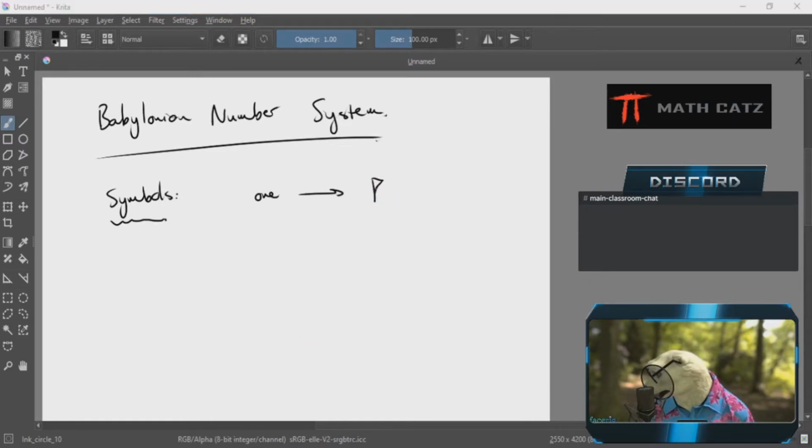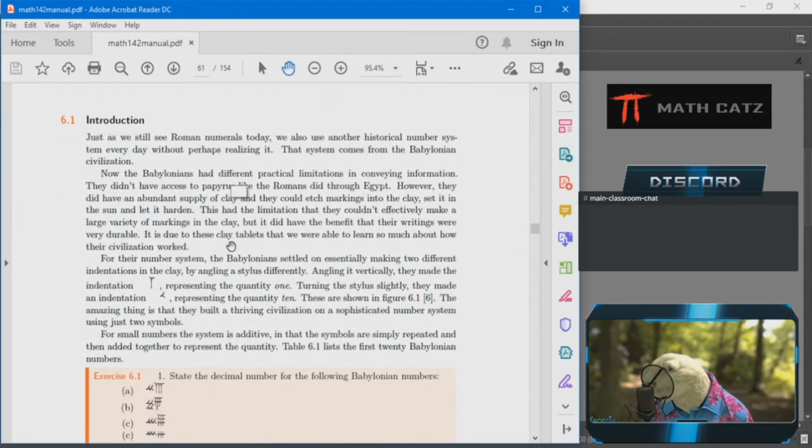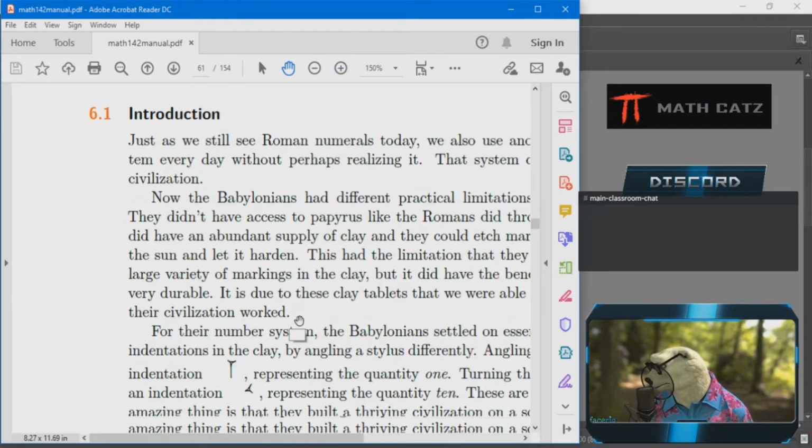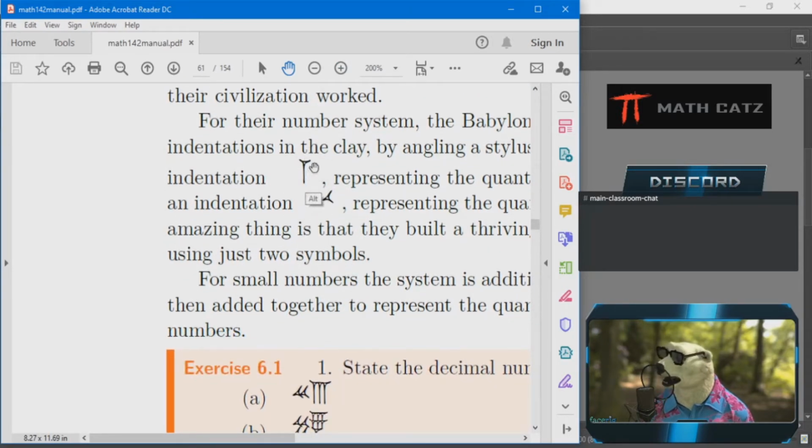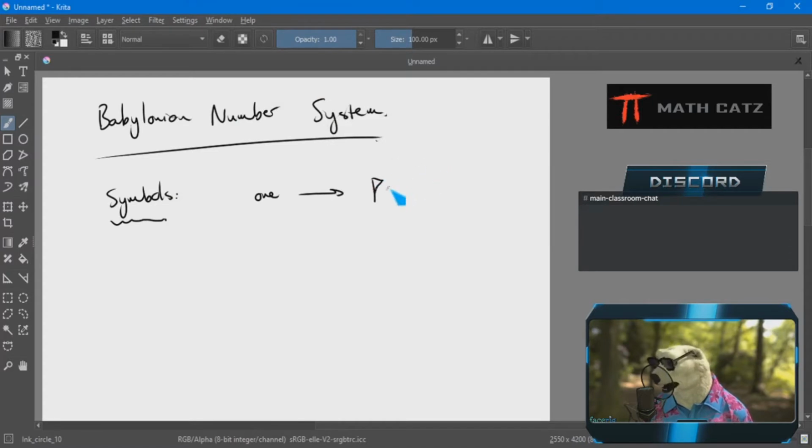You can try and copy the font I have here. Zoom in, zoom in, zoom in. This is the font that you'll see in the book, the only one I could find. Sort of trying to represent that indentation that you could get in the clay, just a little vertical line. Now I like to have my own style, but after a while it might look a little different. I recommend you try and make the symbol as you want, but don't just write a line like that, right? Be a little bit more creative so that we can see it's not the